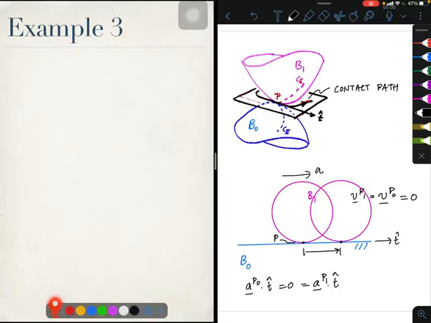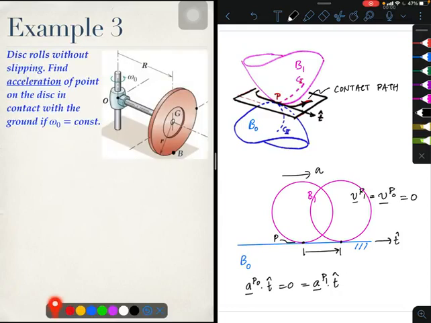Example 3 in this lecture deals with a disc here on the left, which is attached to an arm which is turning at the rate omega 0 about the vertical shaft. This rotation rate is a constant, and we are supposed to find the acceleration of the point B which is